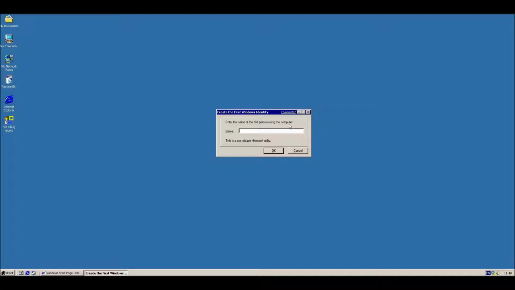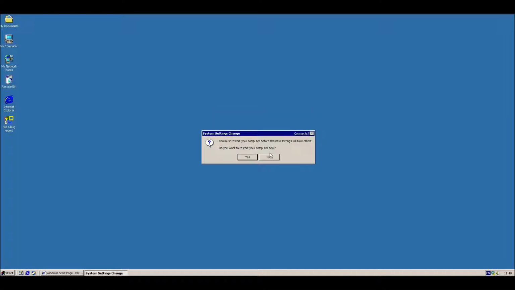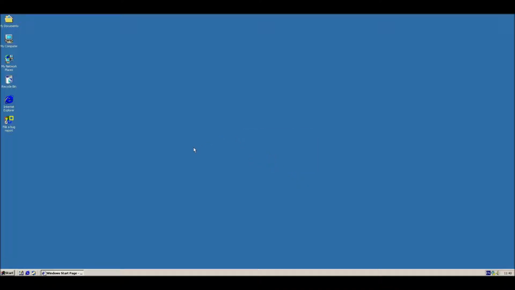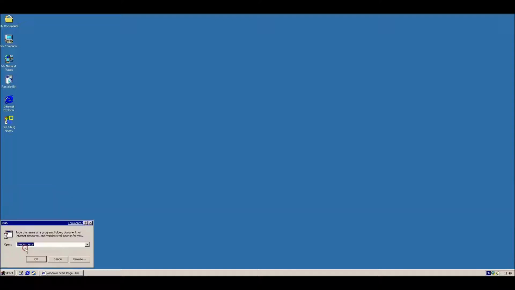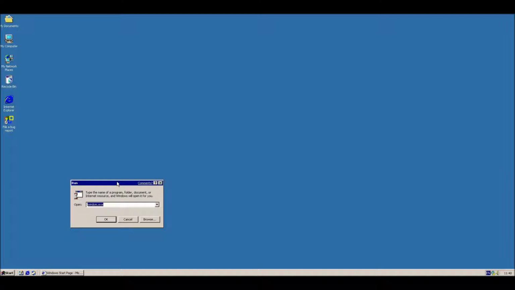rather weird, really. If I call this one Captain Picard, also of the Starship Enterprise, and press OK, then it wants you to restart your computer for these new changes to take effect. If I press no, because I'm not particularly fussed about that, then I don't think it works anyway, because somebody's put on the internet that it comes up with an error message when you restart. So anyway, one other thing is called themes.exe,